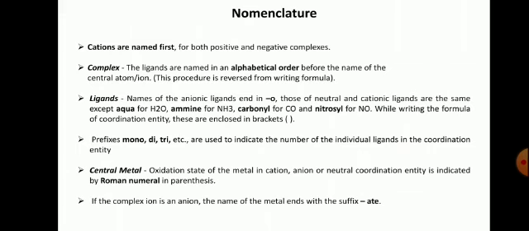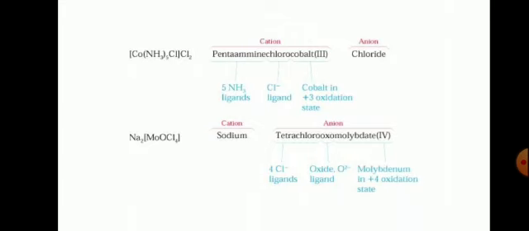So in the first example, you have 6 ligands. One is chloride and there are 5 amines, so it is named as pentaammine and chloro. If it is a negative ligand, a suffix O has to be added. So you will understand whether it is a ligand or an ion present in the ionization sphere, because the chloride present in the coordination sphere will be named as chloro, and the chloride present in the ionization sphere is just named as chloride.